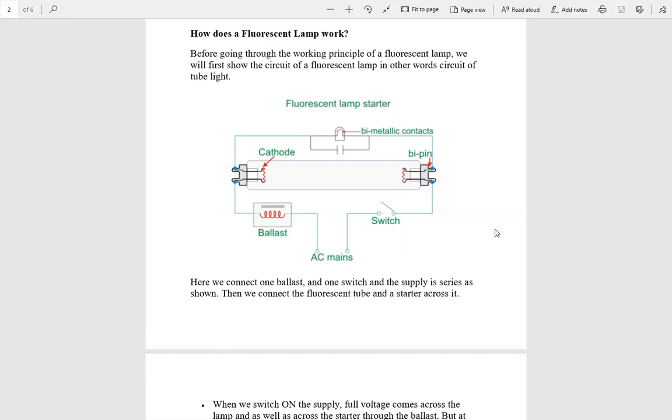At reduced voltage or no voltage across the neon bulb of the starter, there will be no more gas discharge taking place and hence the bimetallic strip gets cool and breaks away from the fixed contact. At the time of breaking of the contacts in the neon bulb of the starter, the current gets interrupted and hence at that moment a large voltage surge comes across the inductor.